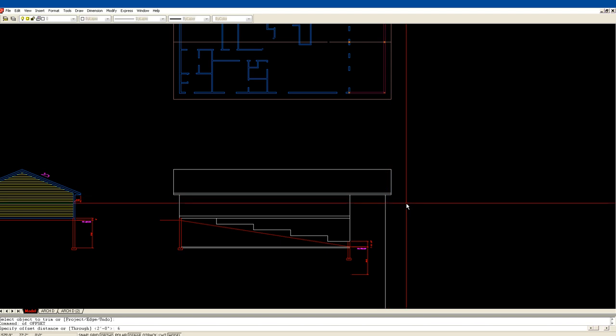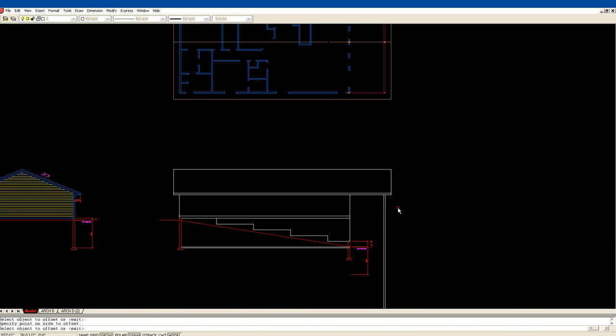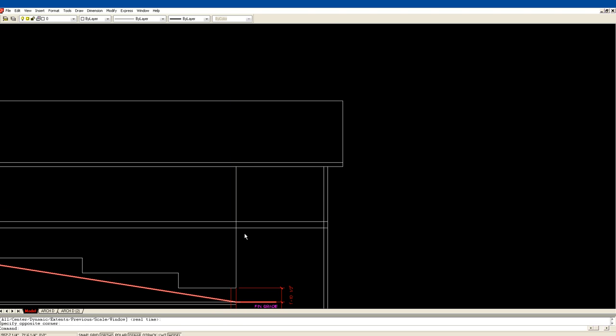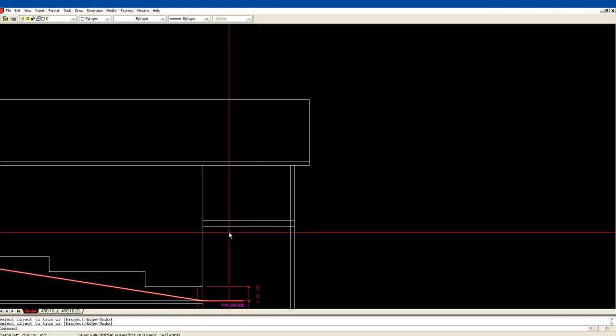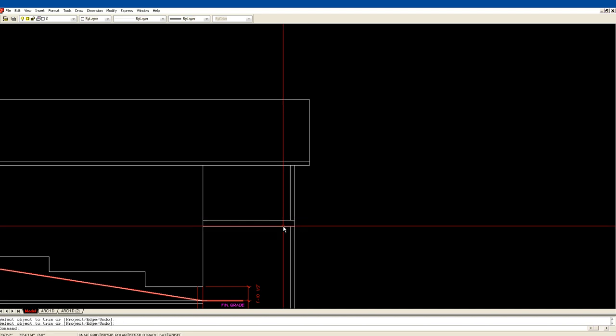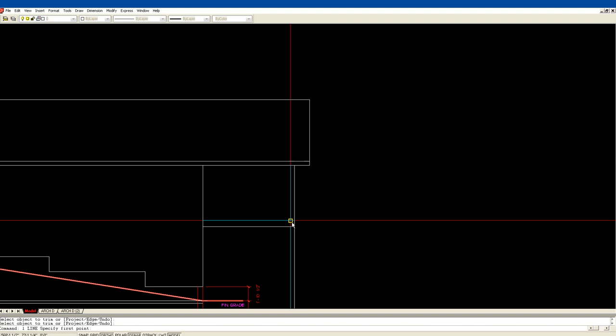So I'm going to offset 6 inches. This is a post and beam system here. My floor joists are going to extend out. They're going to be a continuation of that. So this floor joist right here where I'm circling, actually I can trim it here, because you're not going to see the inside of the floor when you're looking at the outside of the house, but you will see the outside of the deck. I'm just going to trim that line right there. Now I'm going to put that line back in,